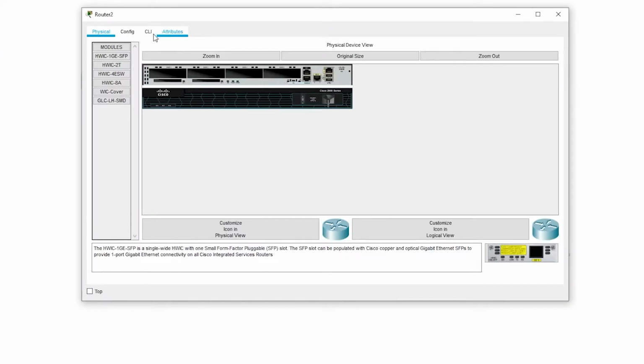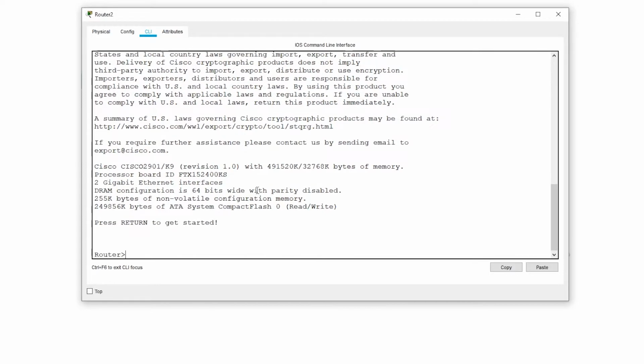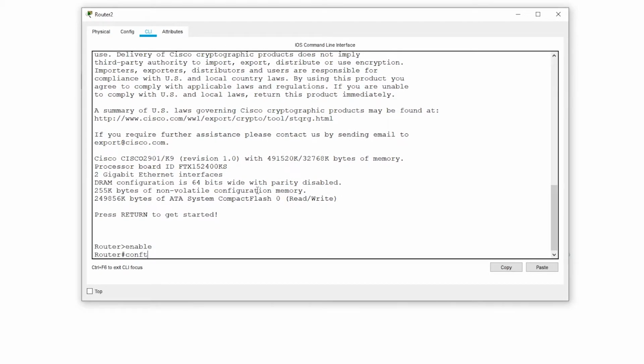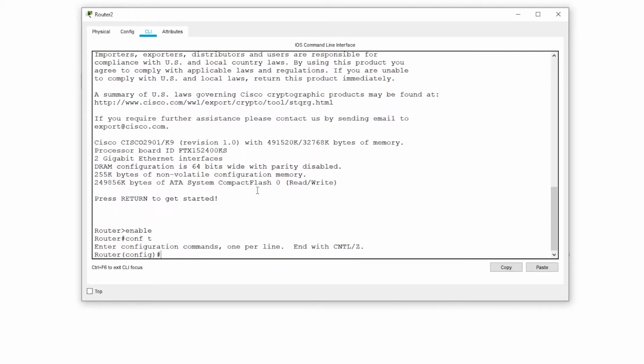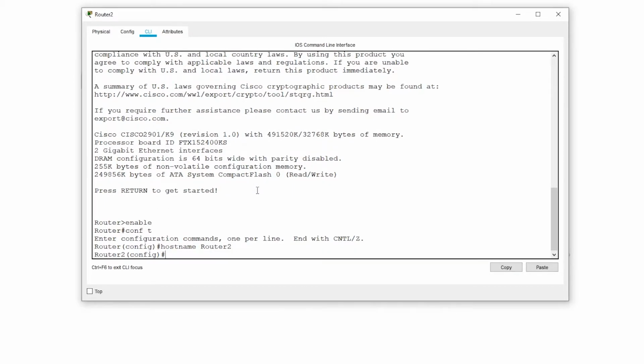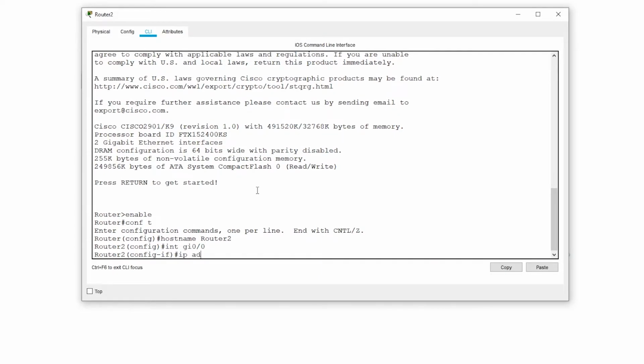Let's go to router 2. Enable, conf t, hostname router 2. Interface 0/0, IP address 172.16.10.2.